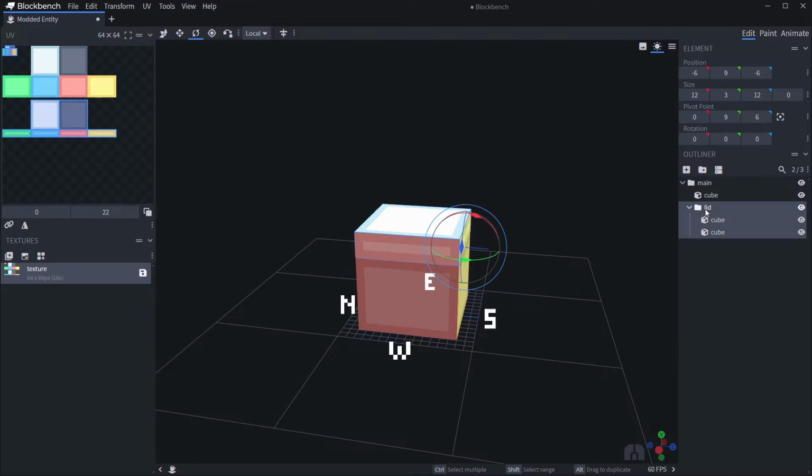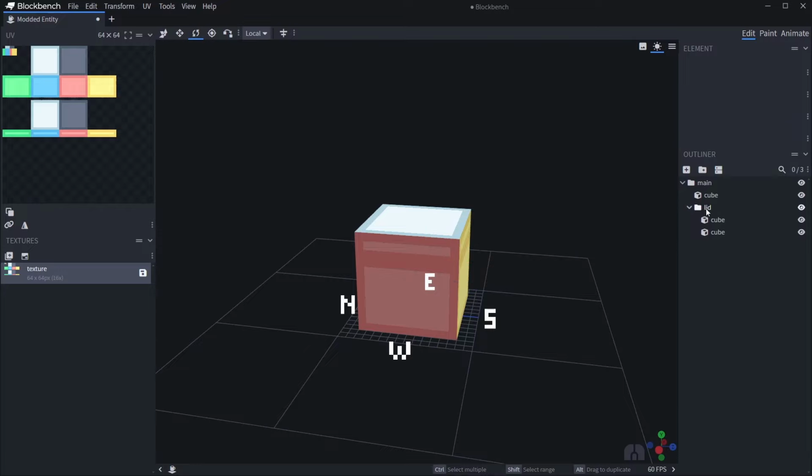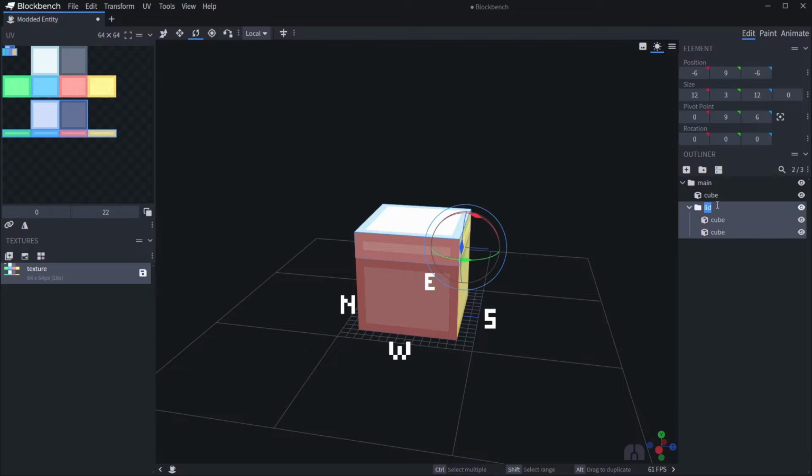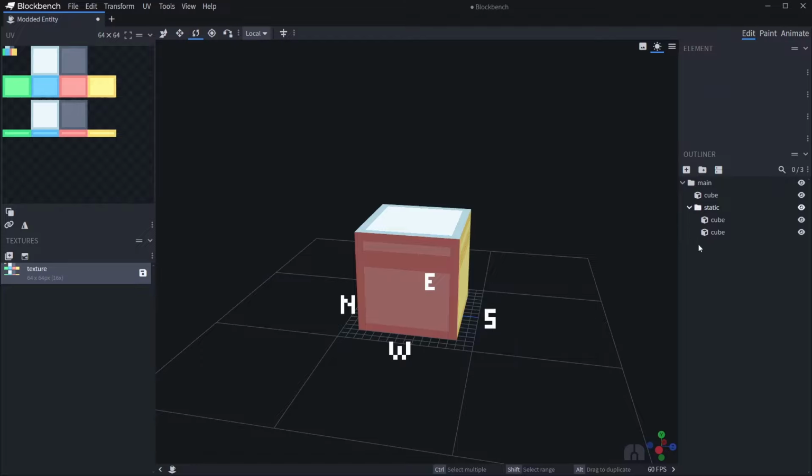So for example, you cannot have a cube that starts with a number. You cannot have a cube that is called something like static or any kind of Java keywords. They have to be different to that. So for example, if I named this cube static, that would not compile when we go ahead and export the